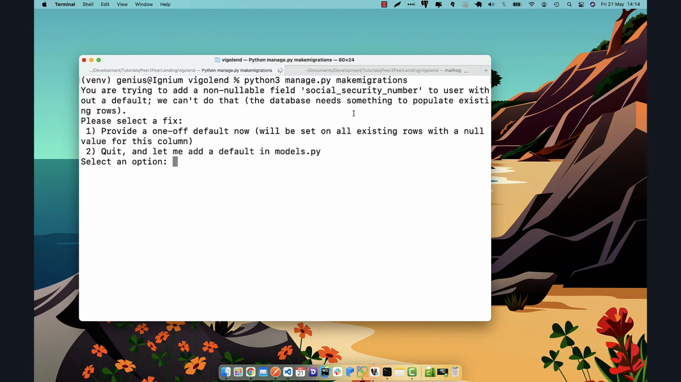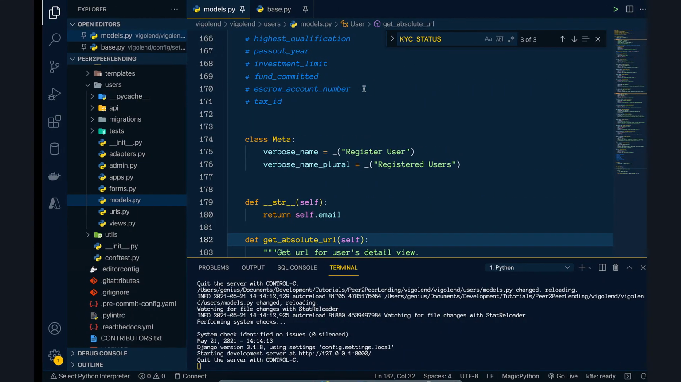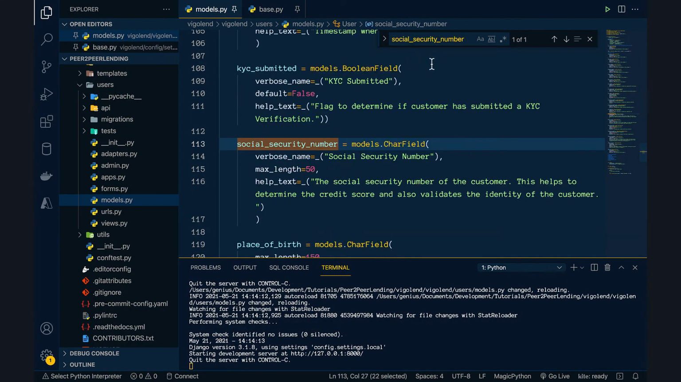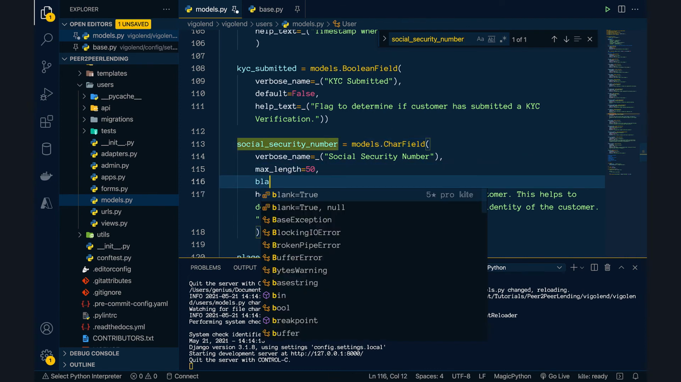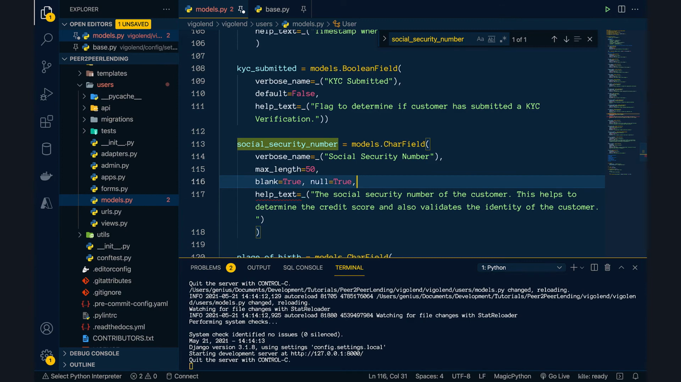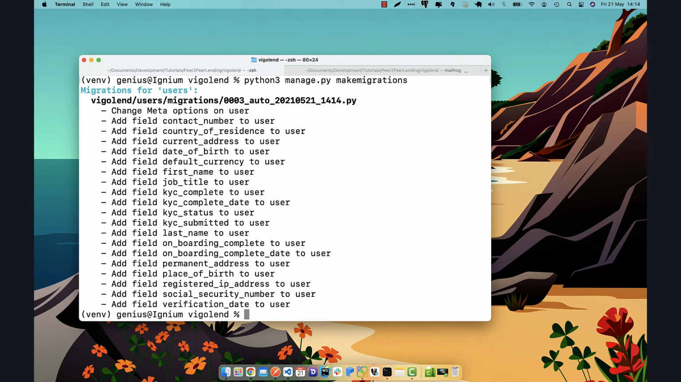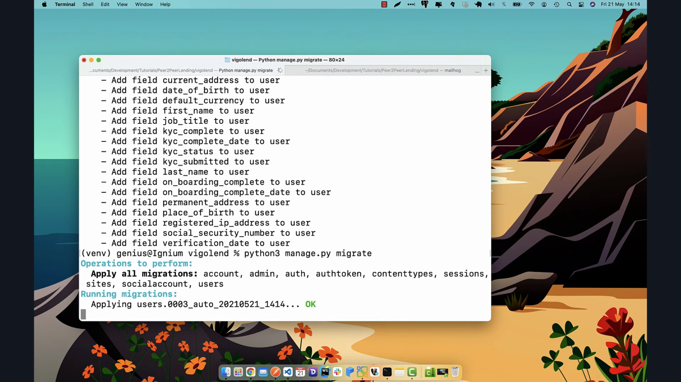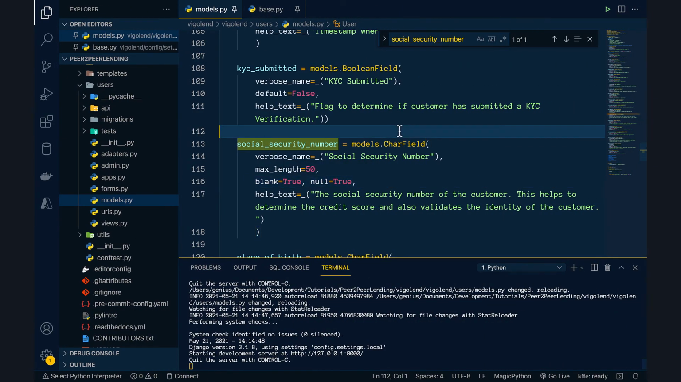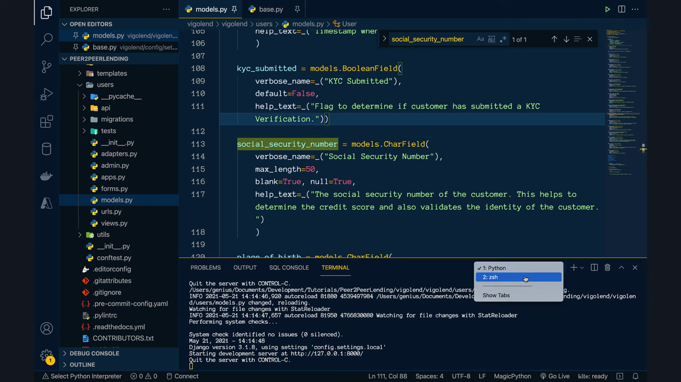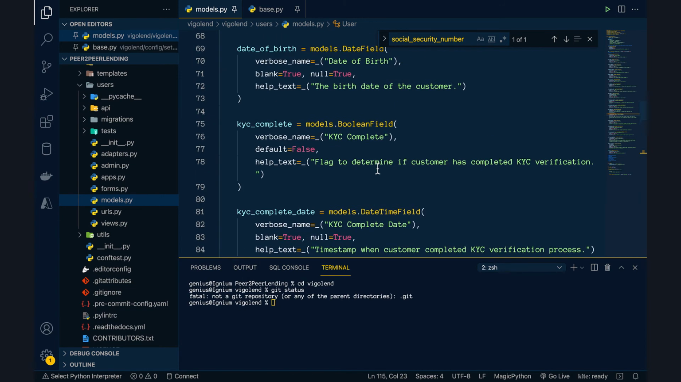And social security number. Yeah, we need to make it null, blank. What else? Okay, let's go back. All right. Python 3 migrate. So we have successfully migrated our changes. Now that we've got our project set up,